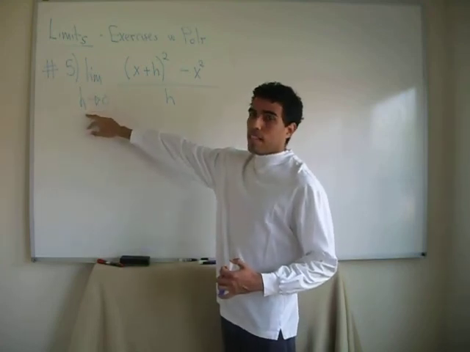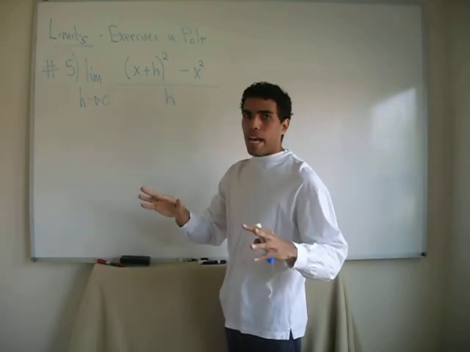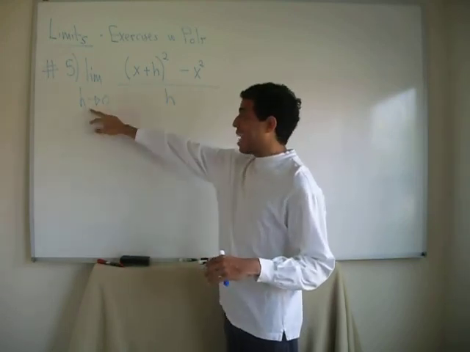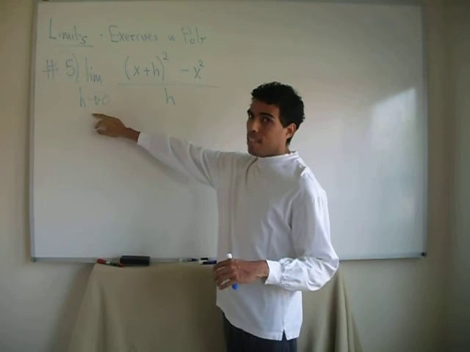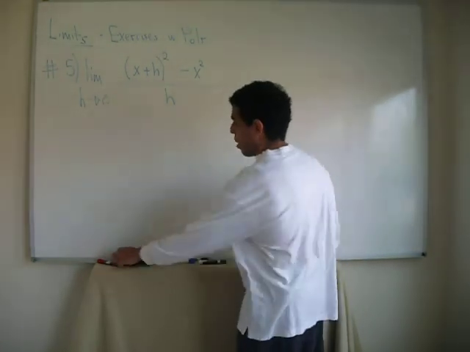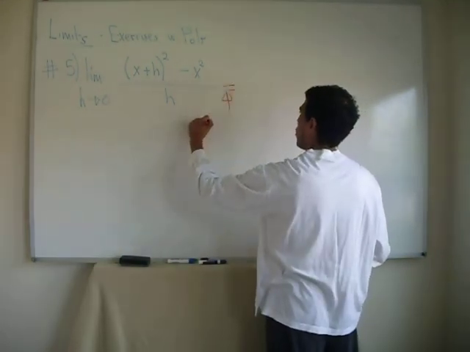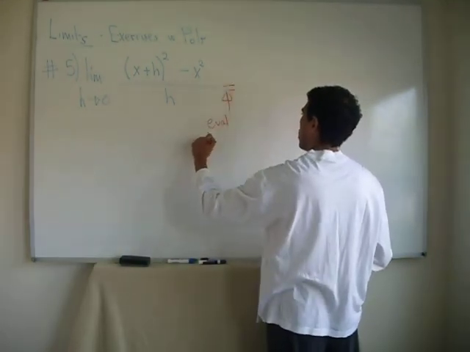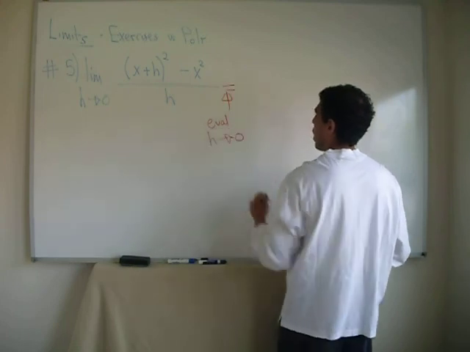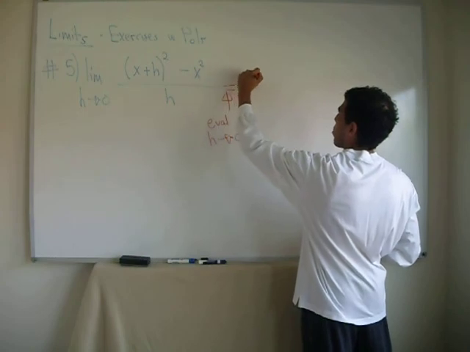The variable in this case is h. x is whatever, a constant. Doesn't matter. The variable here is h. So I have to evaluate h tending to 0. I end up having, on top, x plus 0